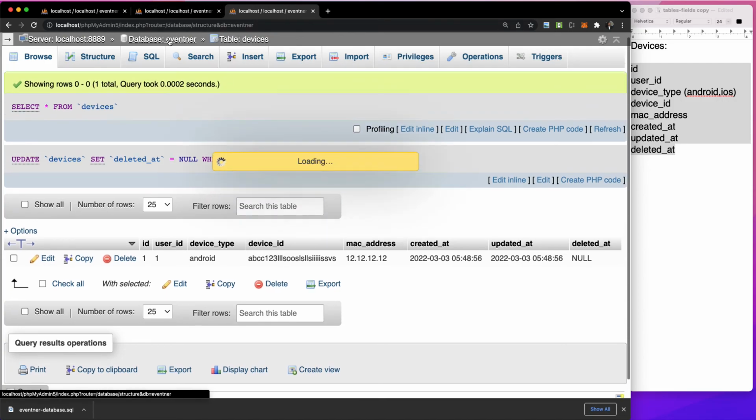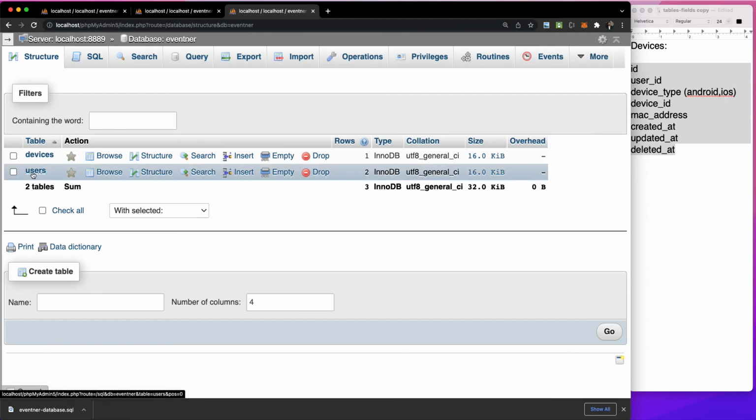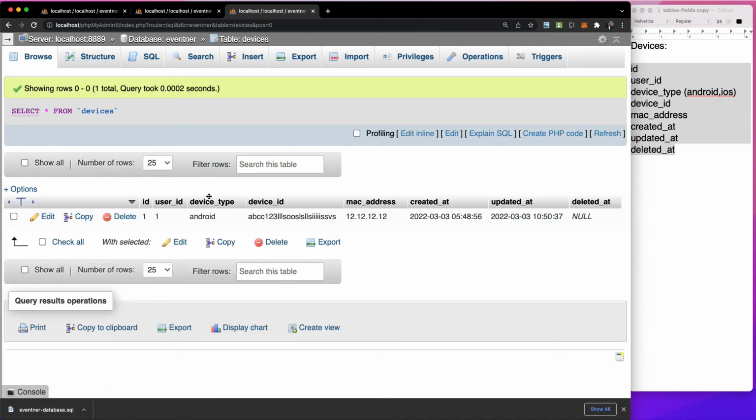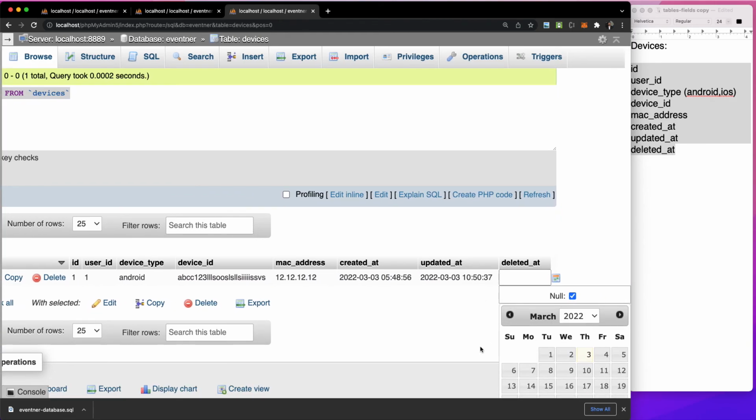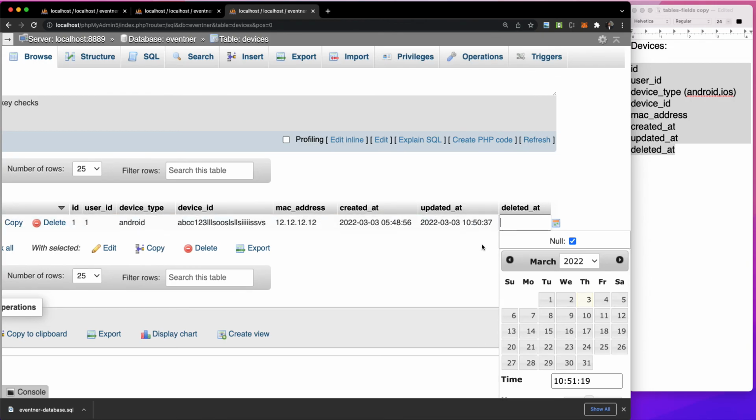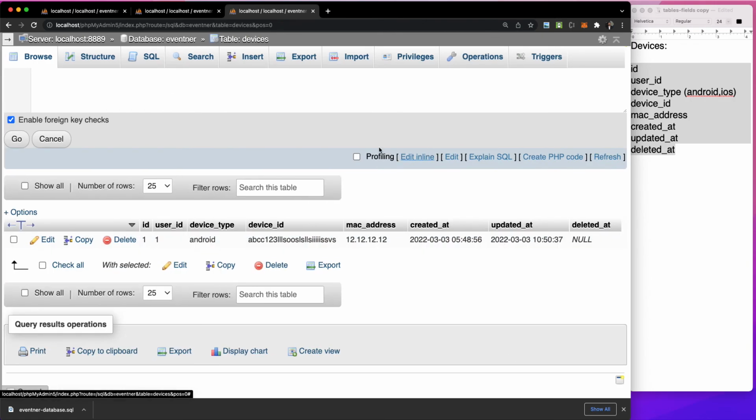One thing is important, that the user who owns the device is mentioned inside the user ID. So this device is for user ID 1. He can log in from multiple devices, for example iOS devices, Android devices, then it will save all the devices over here accordingly. And once the user logs out, what we will do is we update the deleted at of that specific column. Then we can skip the devices when sending a notification, or if you don't want to use that deleted at,